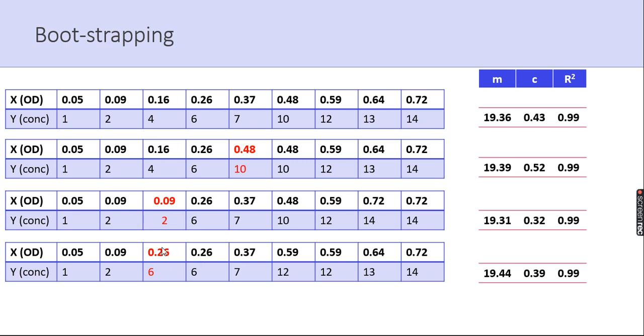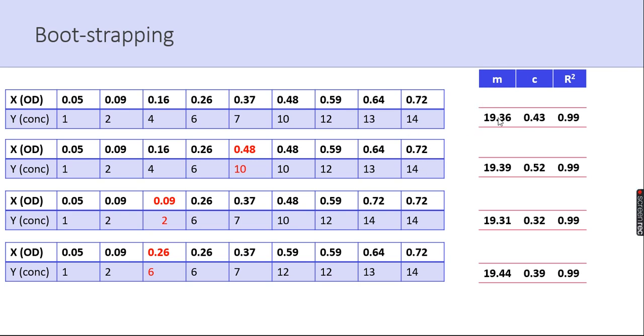Or another distinct case we can also take, where I am having this 0.26 twice, but 0.09 is completely missing. So this way we can create a large number of samples. Manually you will not do it, because you are having some bootstrapping function. We will try to utilize them, and essentially this process will be repeated multiple times,